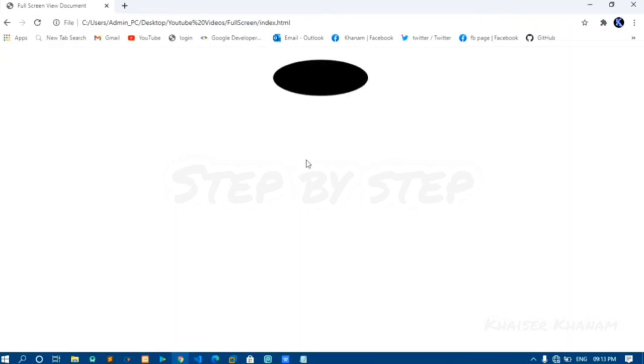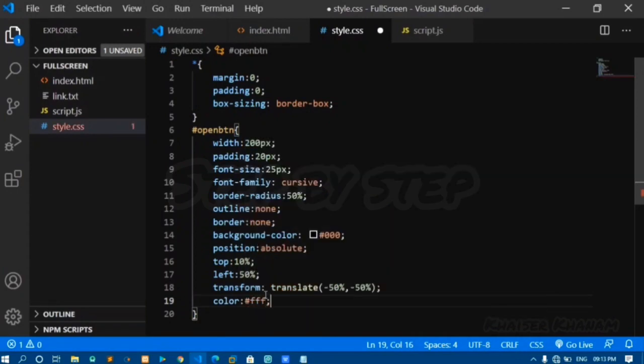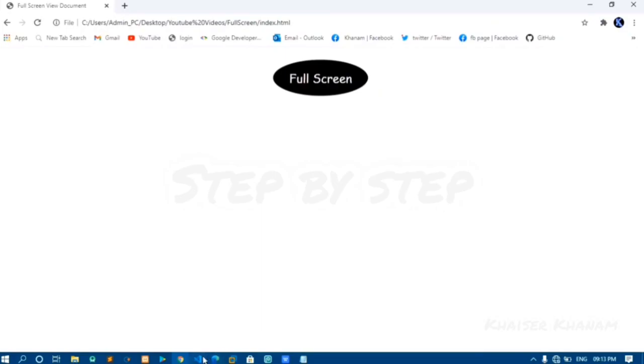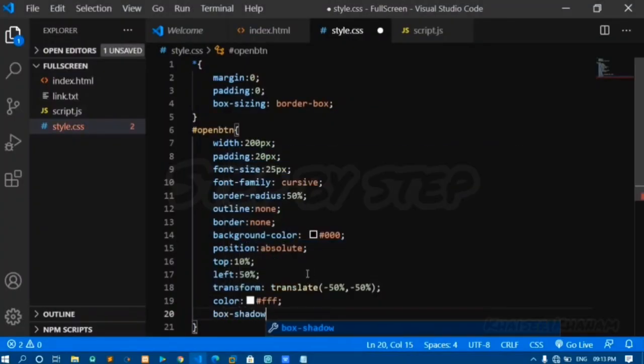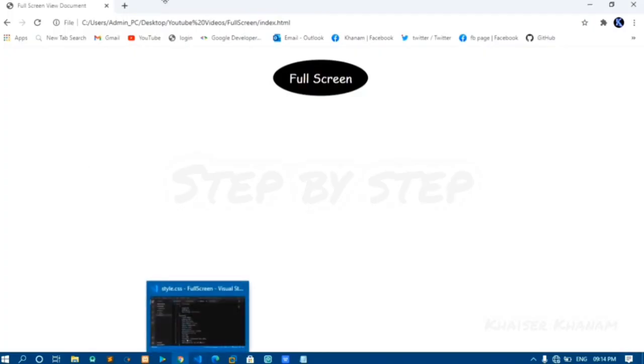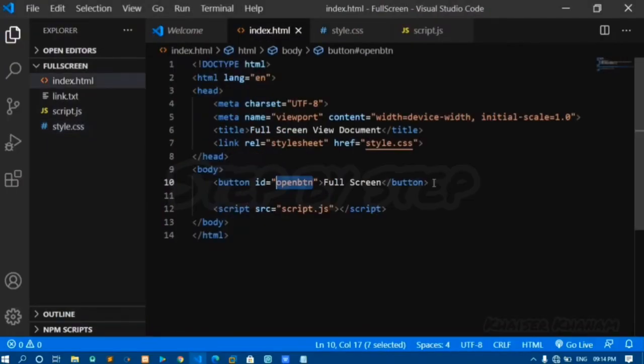Save this one. Come here, you can see our button here. Now text is not visible, so I'll give color to be white. So now you can see this one. I'll give box shadow, 3 pixel, 3 pixel, 3 pixel, and I want gray color. You can see the box shadow here. Come to index.html,